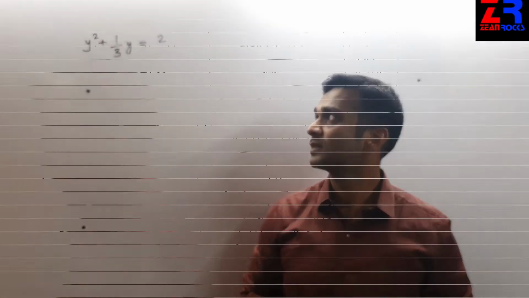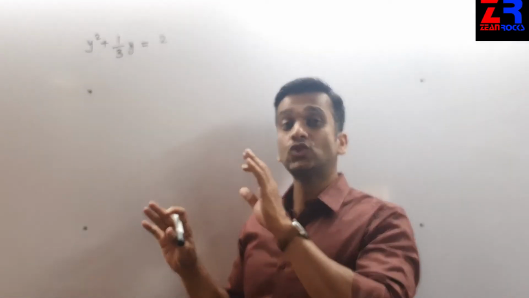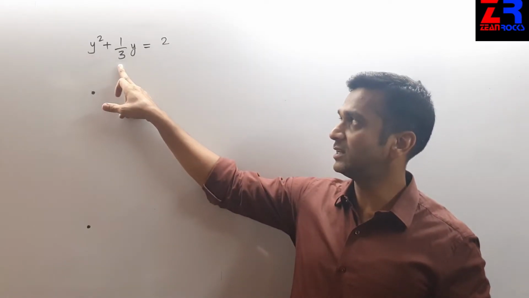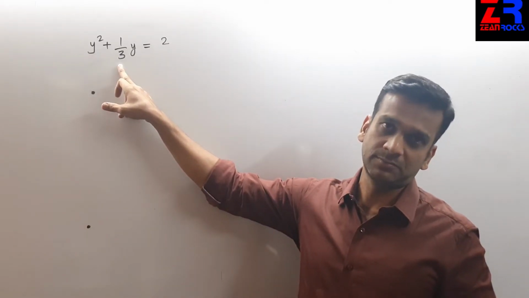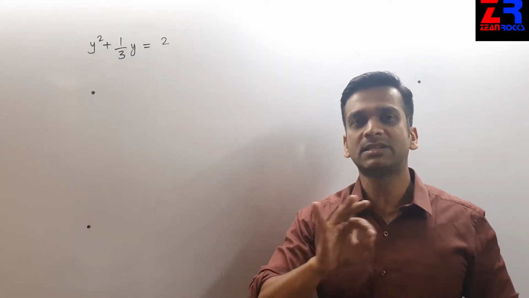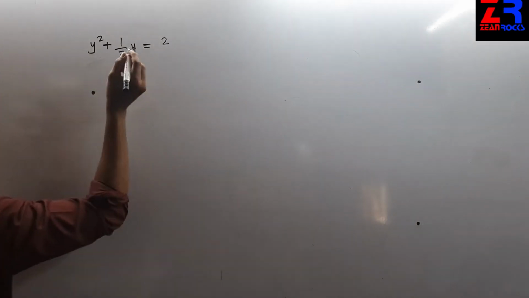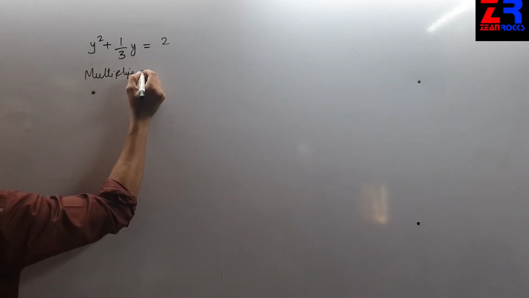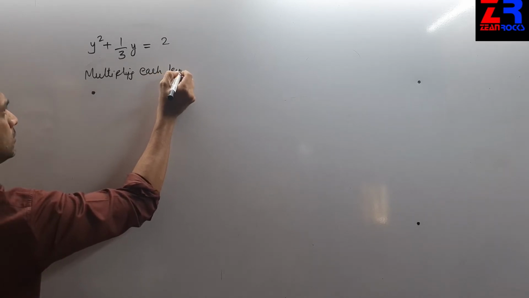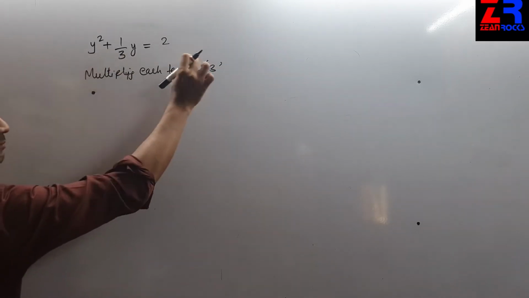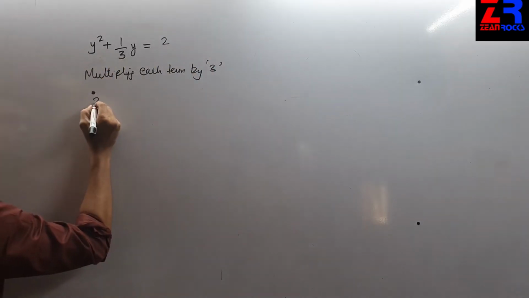Question number 5. Now here the question is not arranged properly. One more thing is to be noted, that here there is a 3 in the denominator. So what I will do is I will make this sum very simple. I will multiply each term by 3 so that the 3 gets cancelled. Multiplying each term by 3, I will get 3 into y square, 3y square